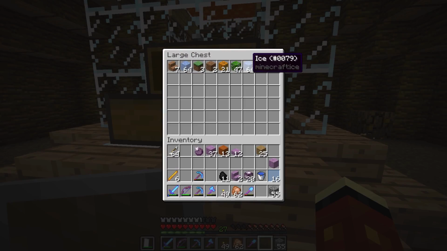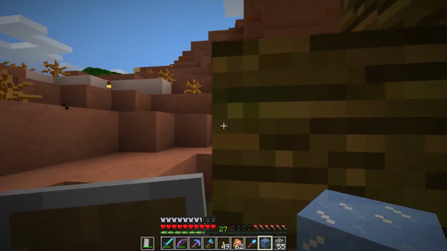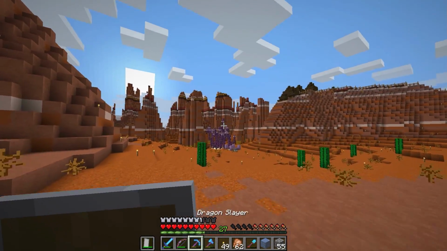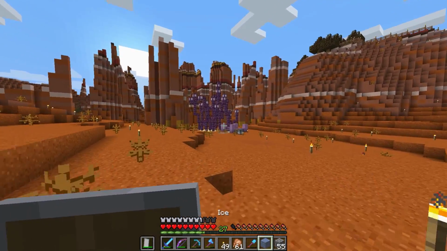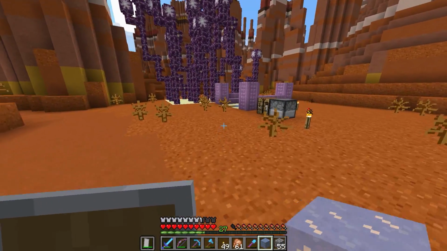Let's steal another ice, just so we have it for over there. So we can at least make it 4 long to kind of get a feel for what we're trying to accomplish here. Let's eat some chickens. Yeah, I'm kind of liking this. Like, we could use endstone or something too. I don't know